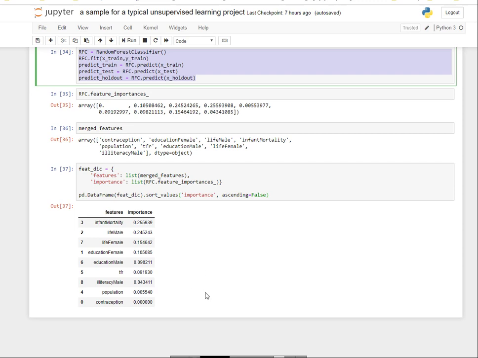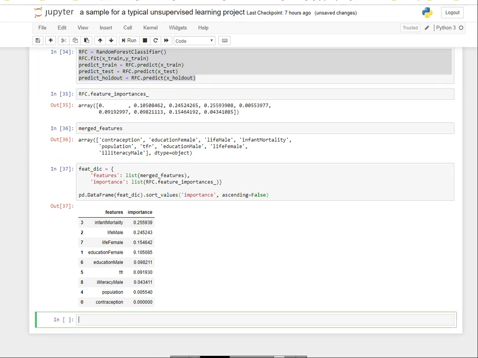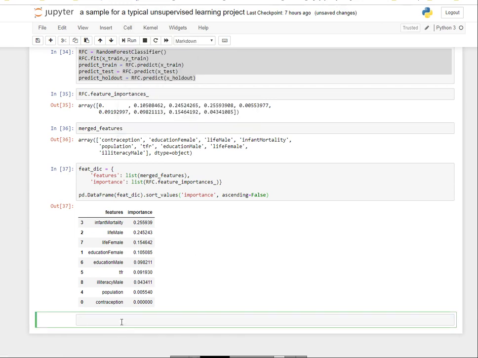So for your project, what I expect from you at the end of this block is that you put some conclusion. So let me change the cell type to markdown. Let me just put a conclusion. For improving the tourist industry, investment in healthcare and education is highly recommended